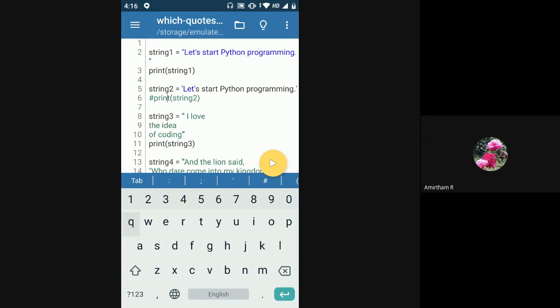So in this case, in line number 5, you can see I have started the string with a single quote, I'm ending the string with a single quote, but I have one more single quote inside my string, let's, right here after t and before s. So now what Python will think is only let is the string, the rest of the line will be considered as syntax error. So that's why in this case I should have used double quotes instead of single quotes. So this is the same as line number 1, string 1, right? So inside double quotes in the same way. So yeah, that is what we saw.